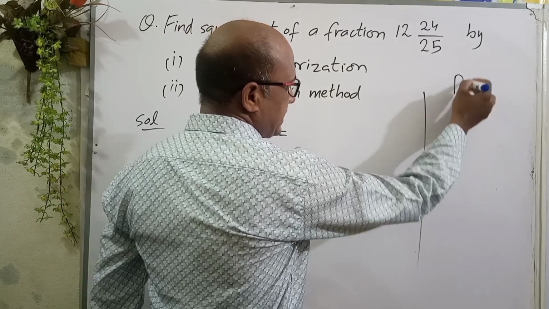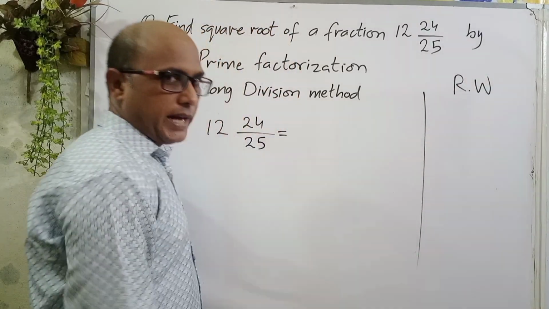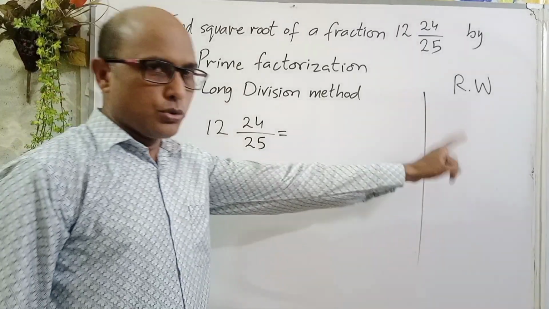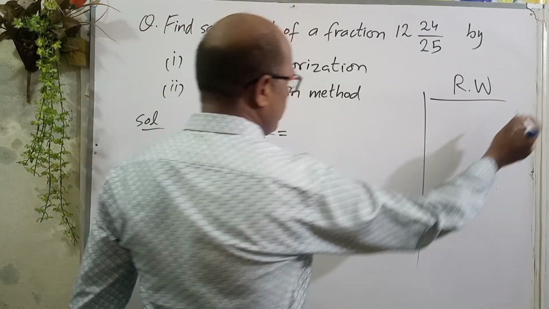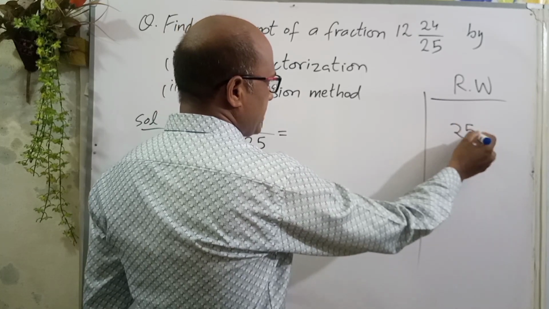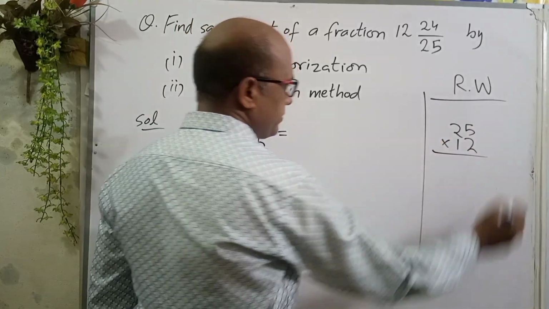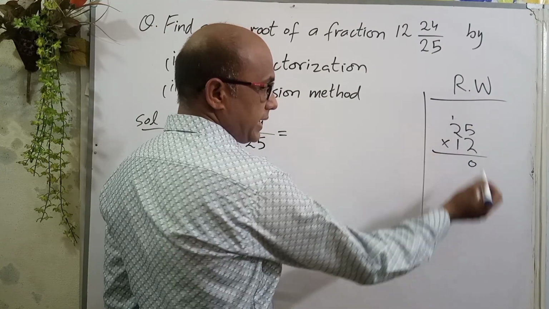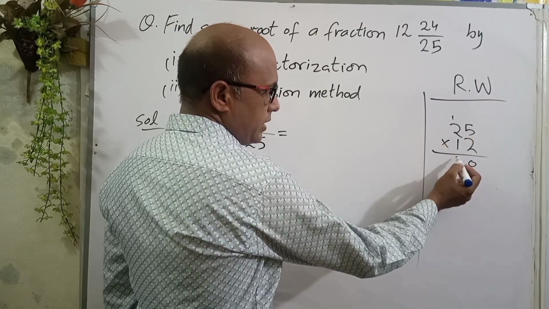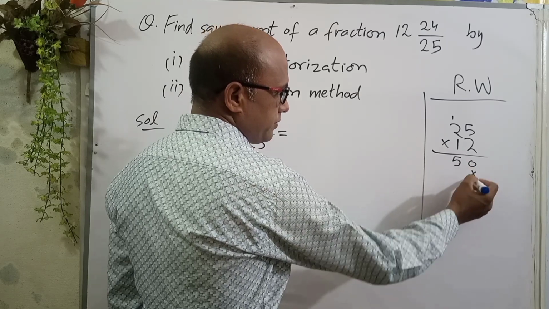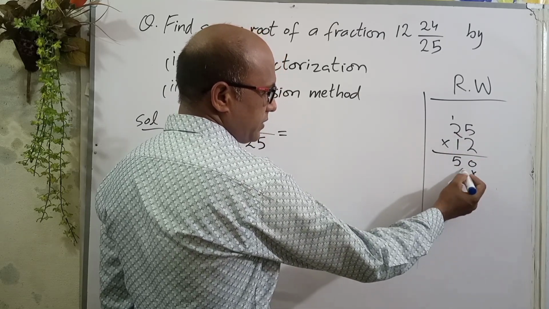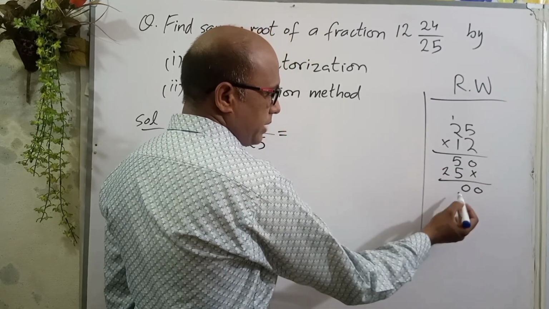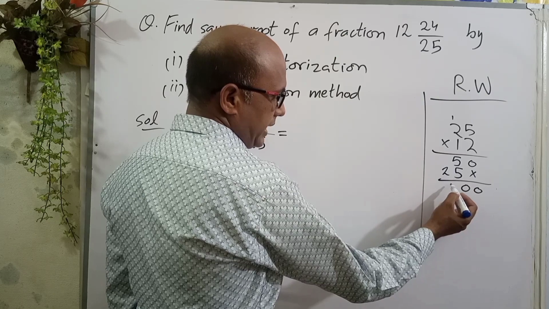On the right hand side of the page, you can draw a separating line to do rough work. By multiplying these two, we get 2 5s are 10, 2 1 carry over, 2 2s are 4, plus 1 is 5, 1 5s are 5, 1 2s are 2. So by adding these, we'll get